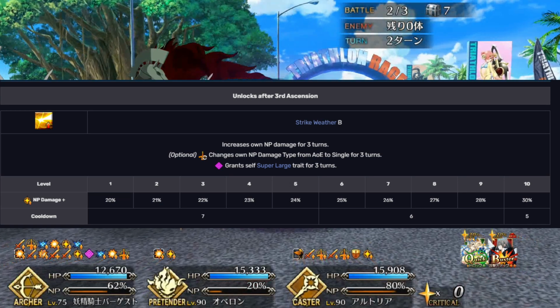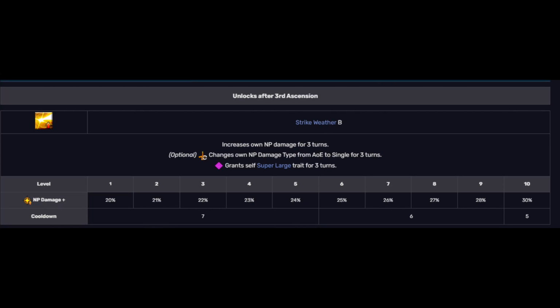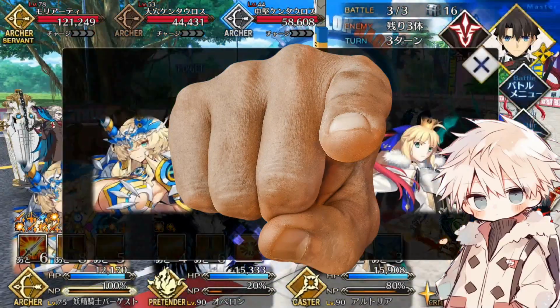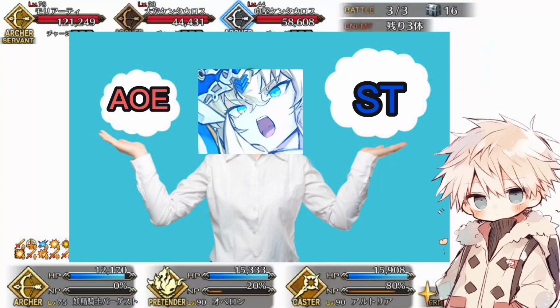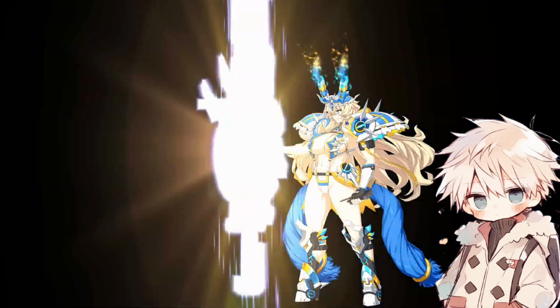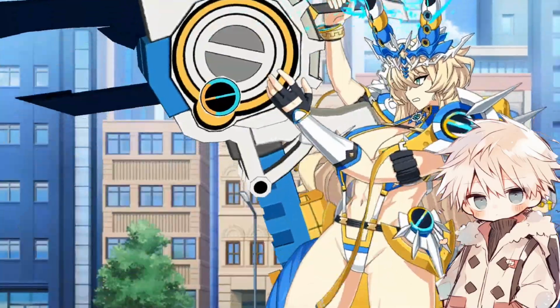This is the skill that allows her to change her Noble Phantasm from AoE to single target at the player's choice for 3 turns. Yep, you heard that right. You, the player, get to choose what type it will be, giving Barghest that flexibility that players who need AoE for farming can keep it that way. And if you need to challenge harder content with a single enemy, or if you're up against a node that has multiple enemies at first, but has a single enemy at the last wave, you can always switch to